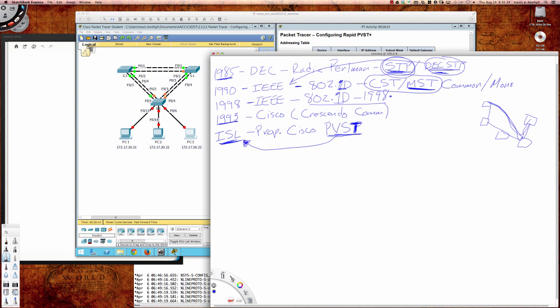Now, the only drawback with PVST was that it only ran with ISL trunking. So Cisco's proprietary version of spanning tree that they came out with was PVST. You'll notice there's no plus sign here right now, so just PVST. The drawback was that it would only work with the Cisco proprietary Inter-Switch Link, ISL, trunking protocol. And so this became a problem because it would not work with the standard that would come out shortly thereafter, or a little before that,